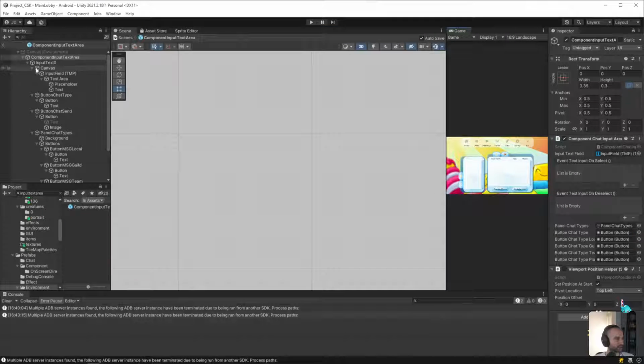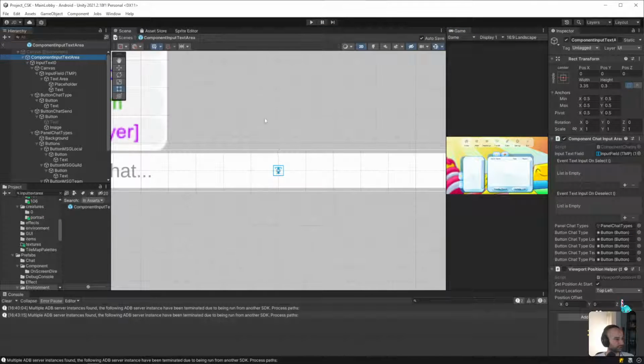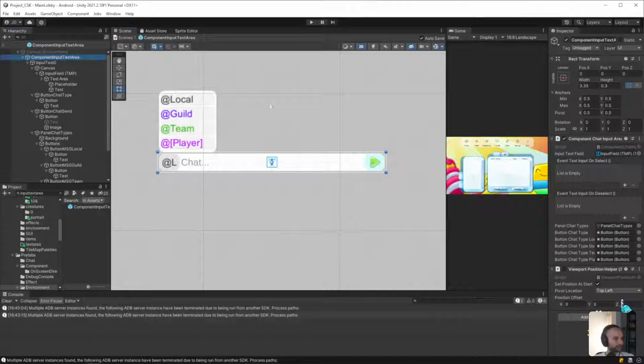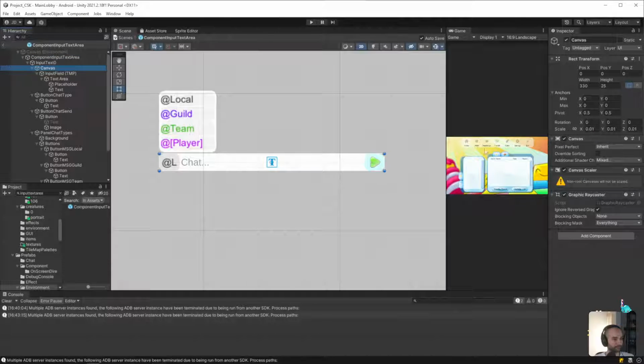Okay, so we're missing some stuff. I'm just looking at the parameters in the inspector. It looks pretty much the same. I don't see any major differences. Okay, so that all looks the same.